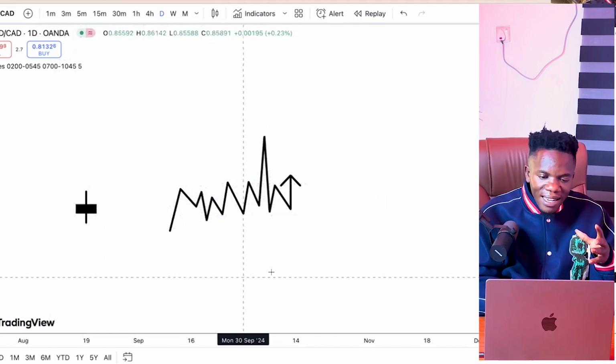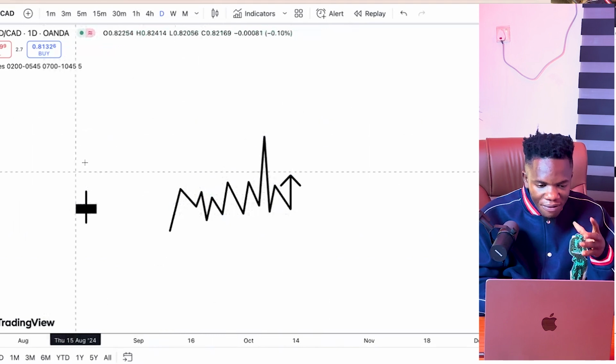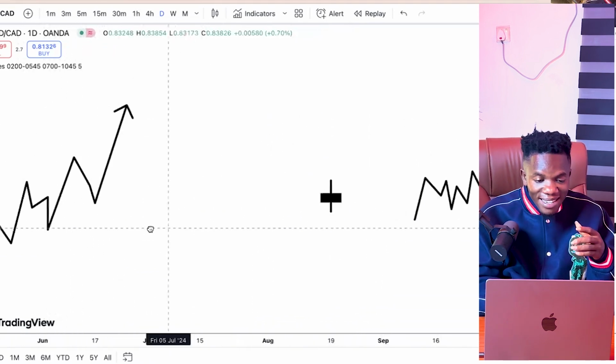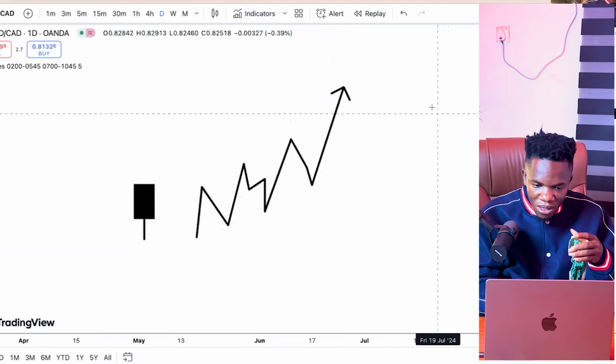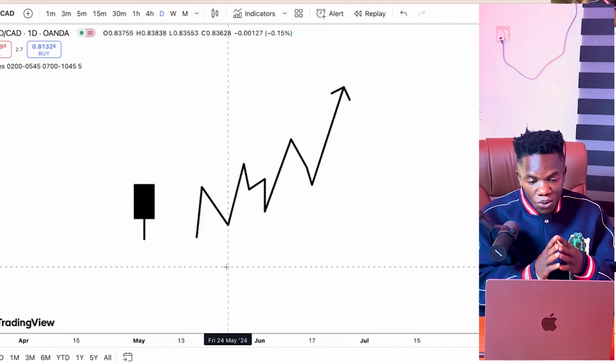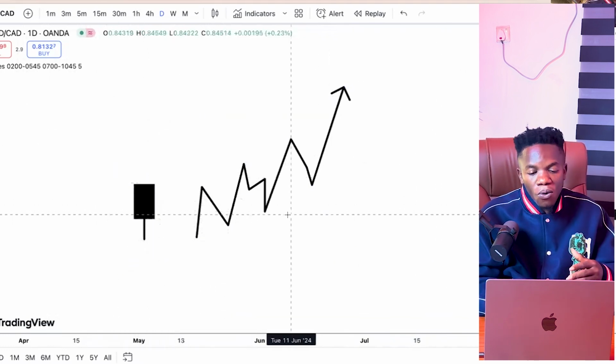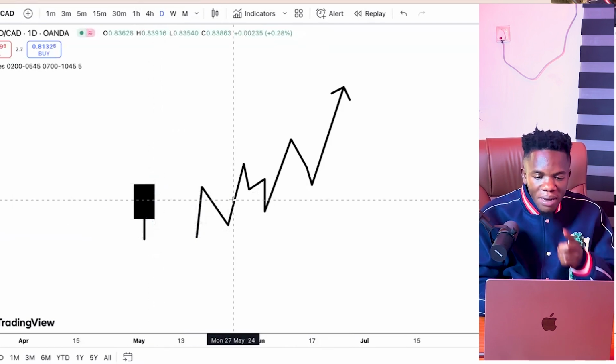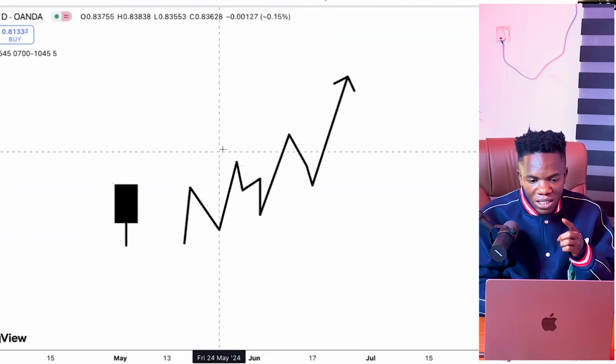There are days like this. I'm going to teach you guys how to navigate this kind of price action day if you want to make money. Then there are also days like this. This is one thing you guys need to understand. Days like this, if you want to flip account, the market will definitely move. But there will be so many retracements in the market on this particular trading day.